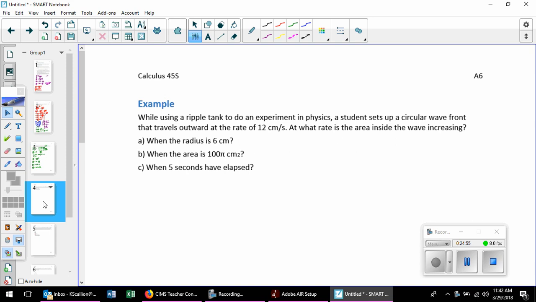Using a vertical science to experiments in physics, students set up a circular wave that travels over the rate of 12 centimeters